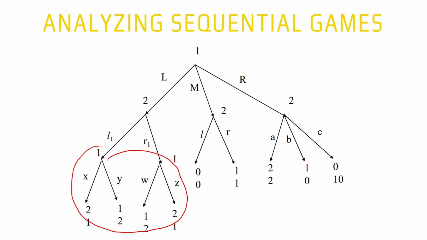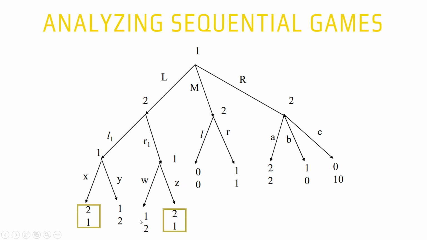So for instance, in this part, the player who is taking action here is player 1. So the payoffs are 2, 1, and 1, 2. But we're looking only at the perspective of player 1. So the payoffs for player 1 are 2 and 1. So the best payoff here is the 2, 1. And for the other branch, since it is also player 1, the payoffs are 1 and 2. So the best one here is 2, 1. So these two are now what we will be taking into consideration when we move on to the next stage